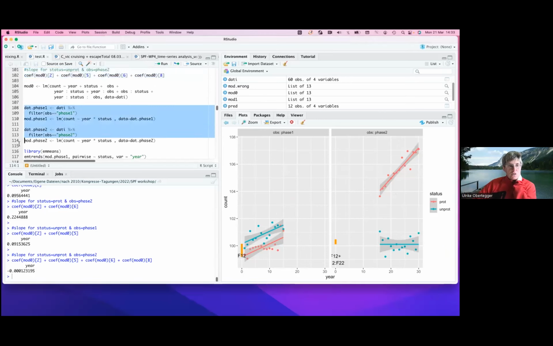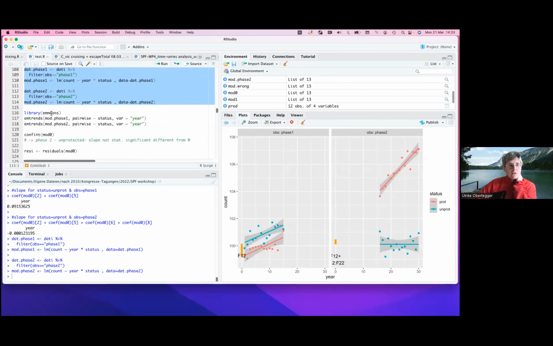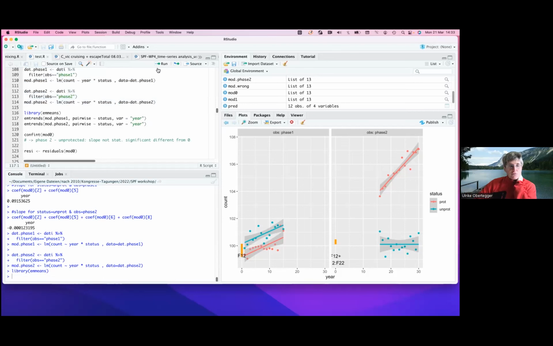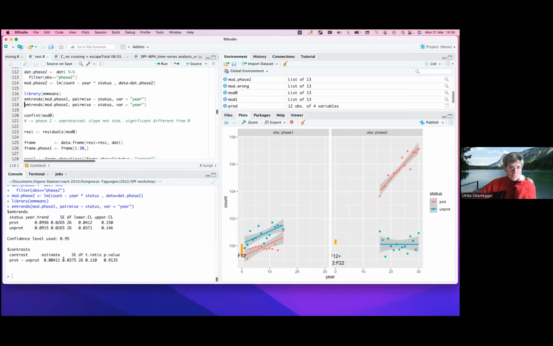So as I told you, here are the 6 lines. Everything is fine. We call library emmeans that does post hoc testing. And this is the line, the code for testing if the trend is different. You call the model. You say that you're pairwise testing for status, and our trend variable is the year, because this is our continuous variable. You execute it and you get some output, and you can also execute it and you get again some output. To explain this better,